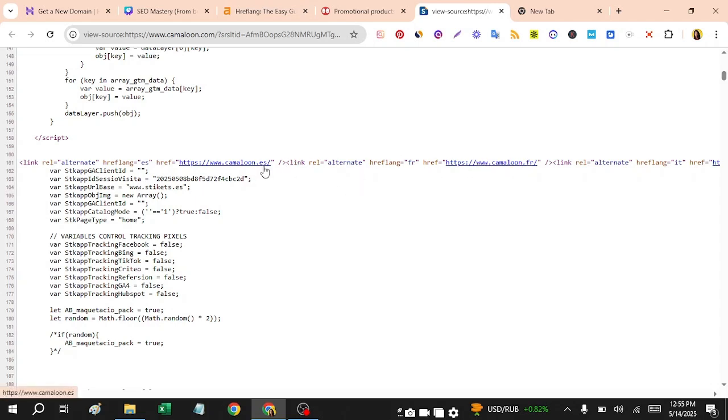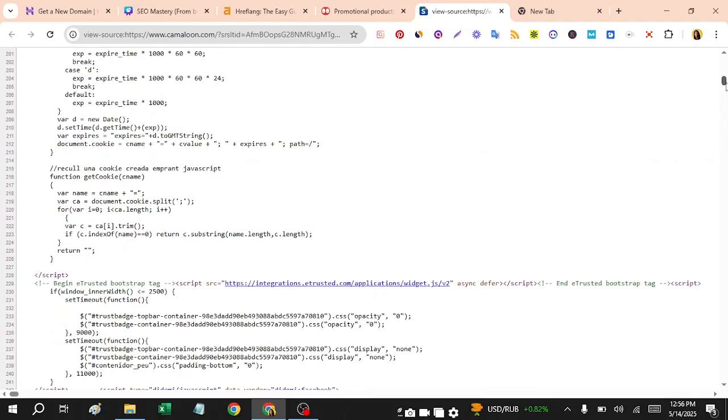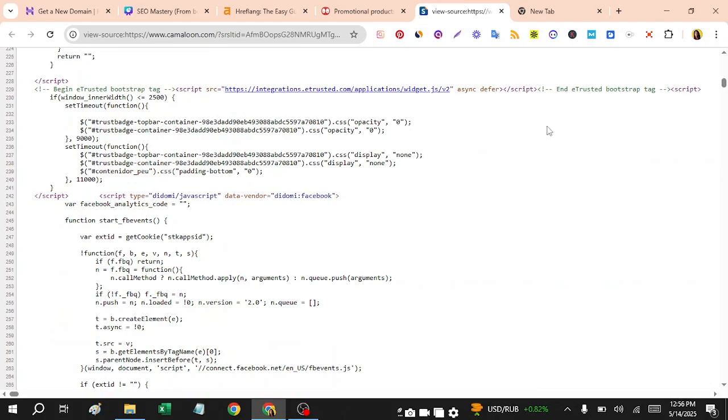Here you can see .es, which stands for Spain, and FR is for France. So these are the languages they are letting Google know this page also has an alternative for, such as France. So this is how hreflang is used.